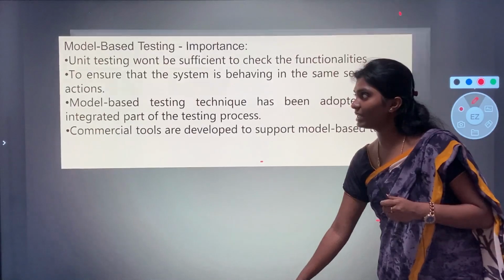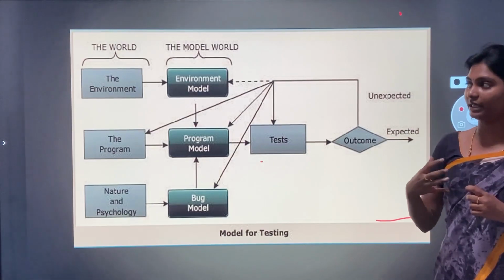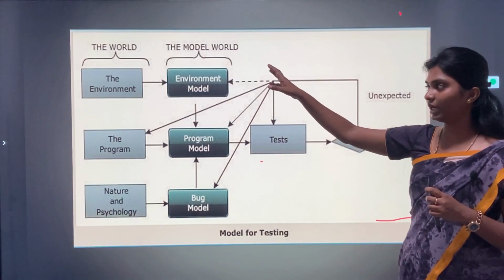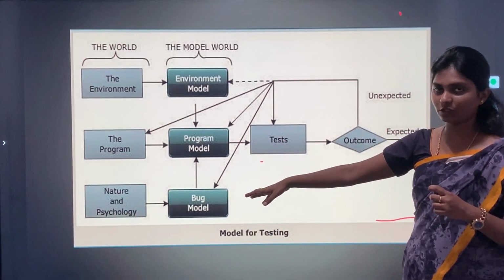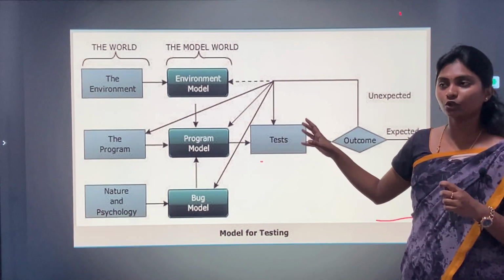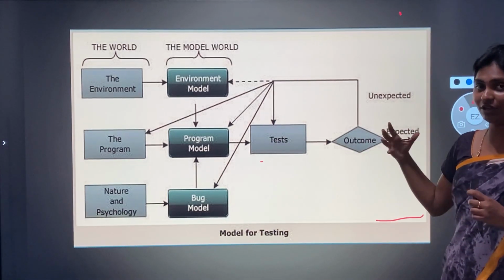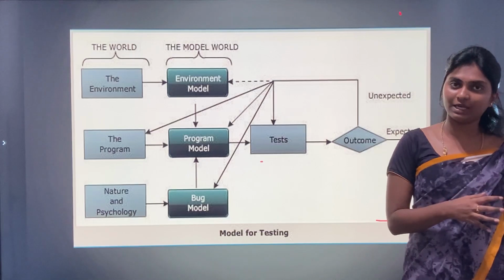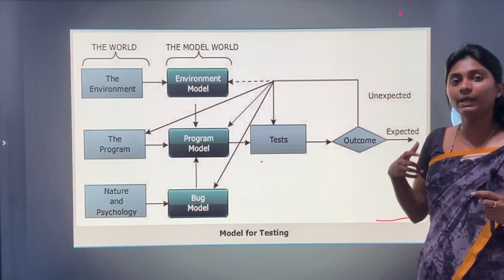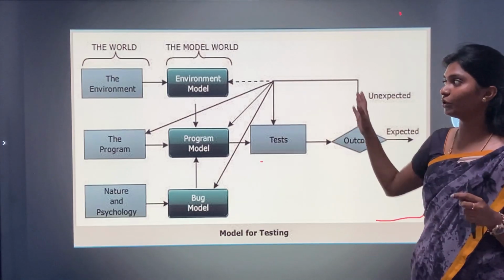This model of testing is about the real-time environment, the environmental model. The environmental model defines the real-time phases and techniques used from requirement analysis to the maintenance phase. After the completion of the maintenance phase or testing phase, it goes through testing using test cases or test plans. Through that, these test conditions implement the output. If the output is not as expected, depending on customer reaction or customer satisfaction, and it is not the best result as provided by the guidelines of the organization, it will go back to the first stage